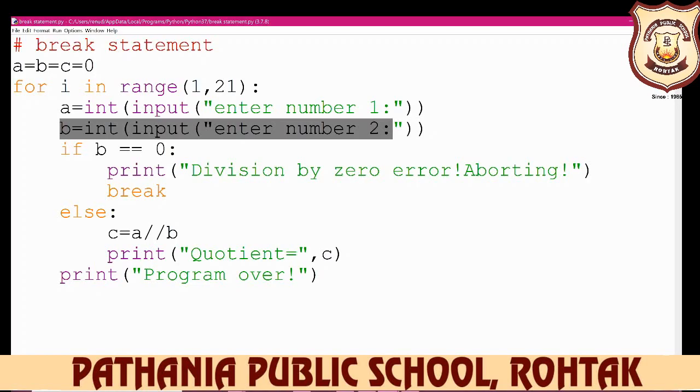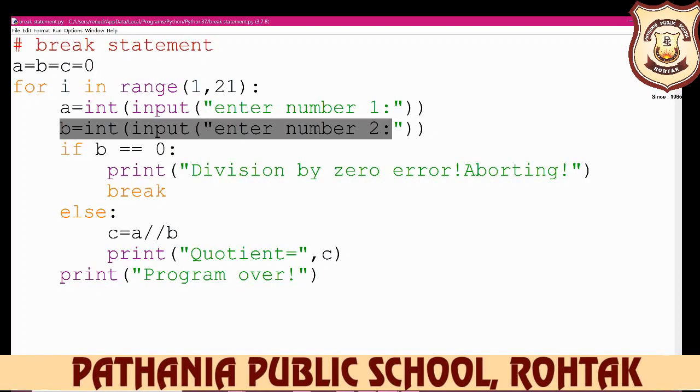If b is 0, print division by 0 error, aborting. Why? Because your first number is, for example, 7 and the second number is 0, and you cannot divide anything by 0. So your message will be displayed on your screen: division by 0, error aborting.